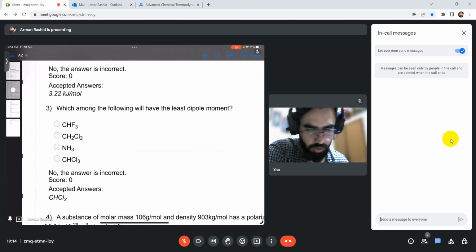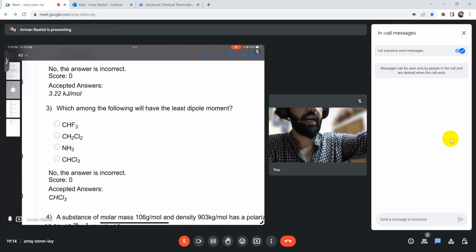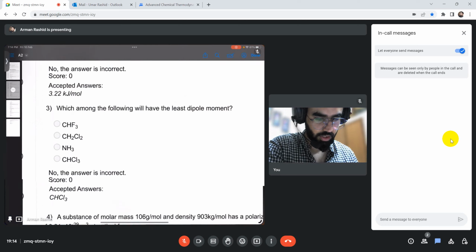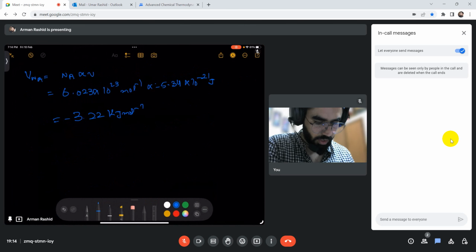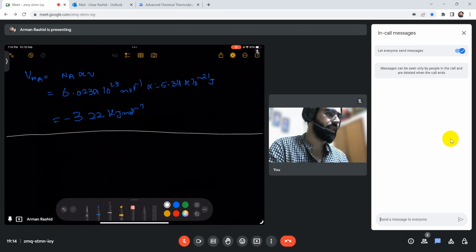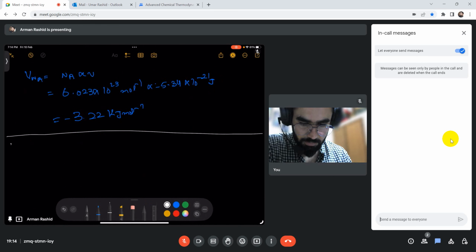Okay, so these are the molecules that are given, and we have to check which one has the least dipole moment. Now in order to have an idea of the dipole moment inside a molecular structure, we need to know the structure of the molecule. Without that structure we will not be able to tell, because dipole moment is a vector quantity. So for example, if I write,